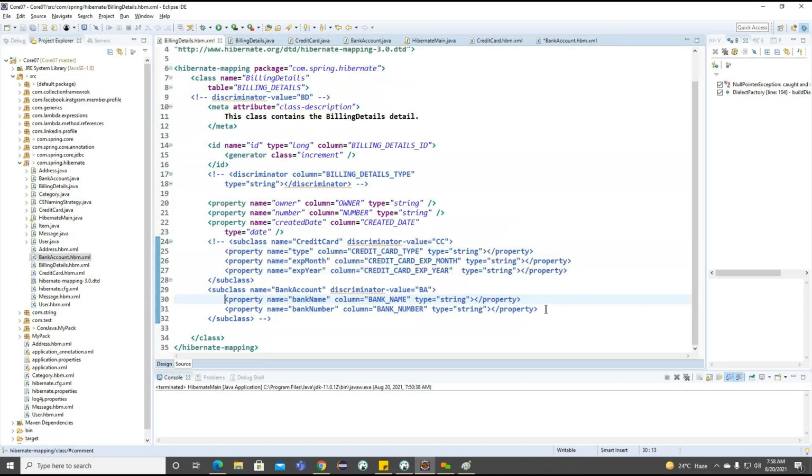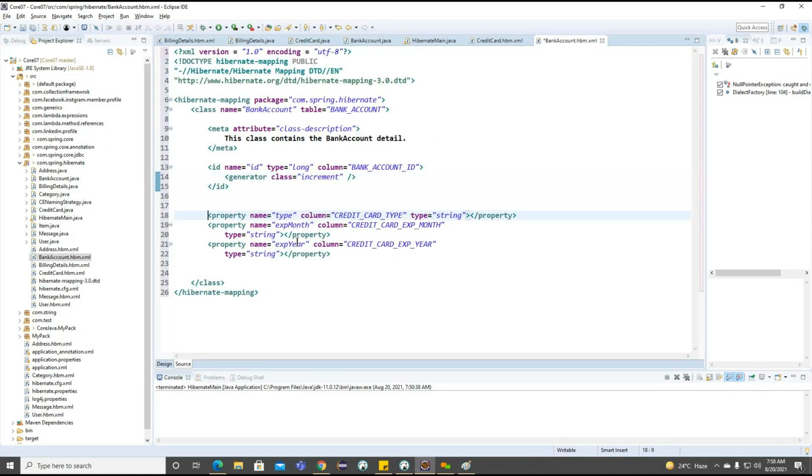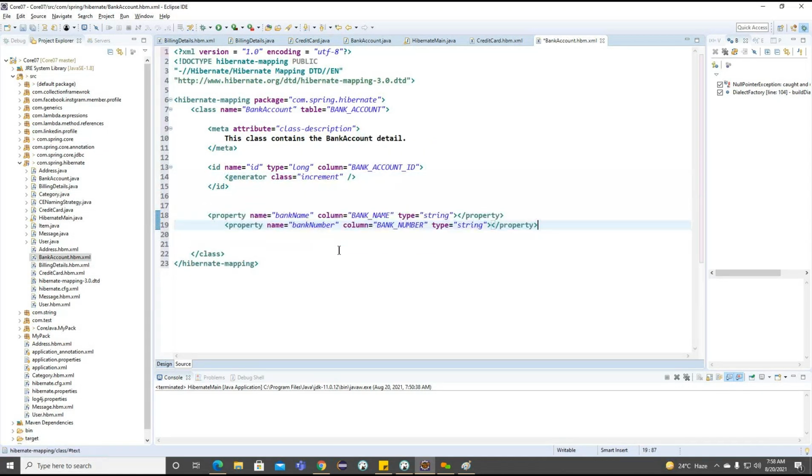And these are the two properties we'll copy from the other file. Right. This is the mapping file we created for the bank account as well as our credit card here.